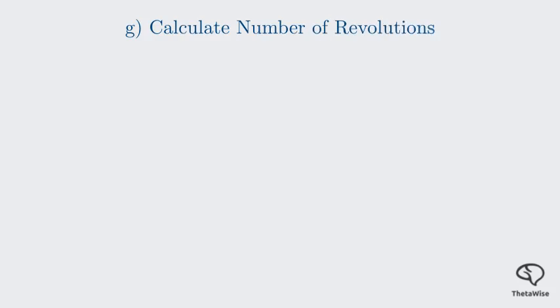Finally, for the worked example number 6, let's find the total number of revolutions made by the wheel. The problem asks for the number of revolutions. Let's call this x. The solution provided uses a direct calculation based on average frequency. A more standard approach is to use the angular displacement, theta. Remember from part E that the total angular displacement was